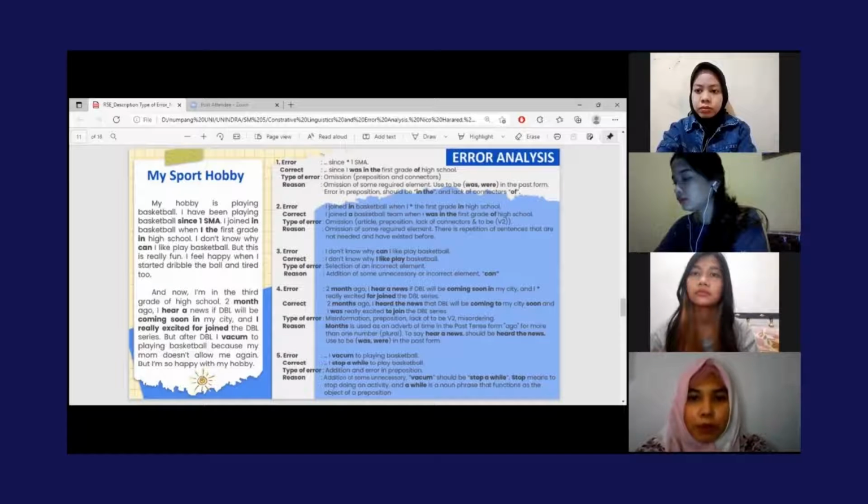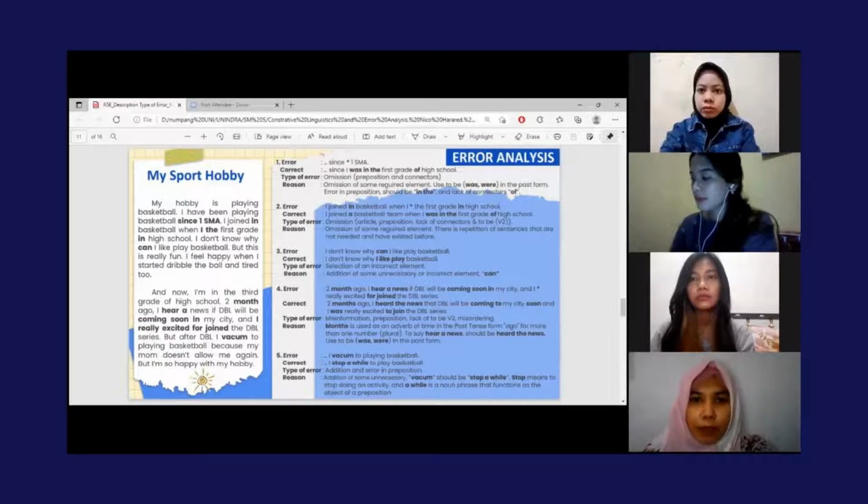Omission, preposition, lack of connectors, and to be verb are also found in the third sentence in the first paragraph. While in the fourth sentence of paragraph 1, the type of error found is selection of an incorrect element.